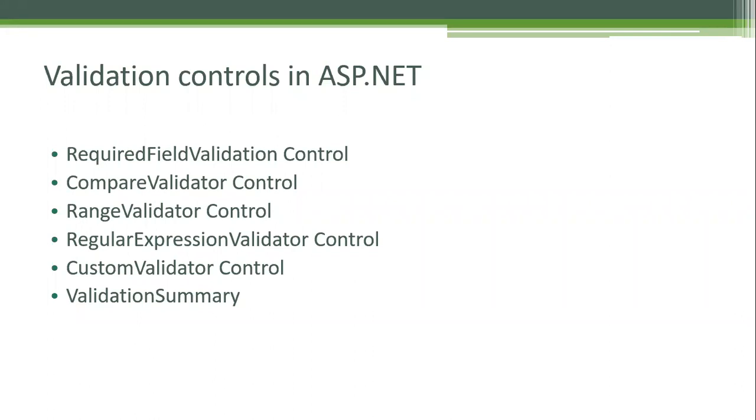Whenever we use these controls, they will run at server side for the first time, and equivalent client side code will be generated, and from the next time onwards, those will run at client side. So the execution will happen at client side, but the converted code from the server control is generated by the server and given back to the client. All validation controls will run at server side. Whenever a validation control runs at server side, equivalent HTML and JavaScript code is generated. Just remember that.